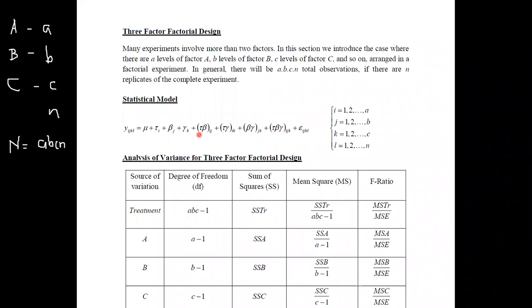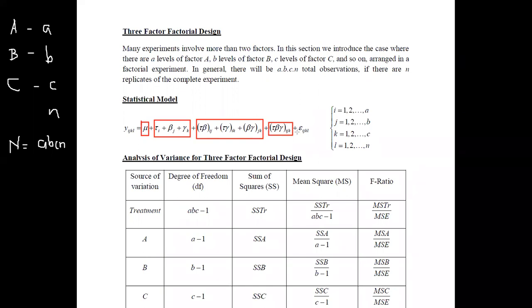In this set of terms, mu is the mean, these are the main effects, and these are the two-way interactions. It means that for any two factors considered, we have identified the interaction. Therefore, we can see the two-way interactions and the three-way interaction also included. Main effects, two-way interactions, and the three-way interaction are all included in the three-factor factorial design model.